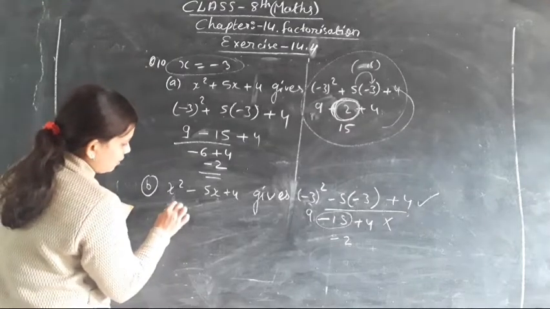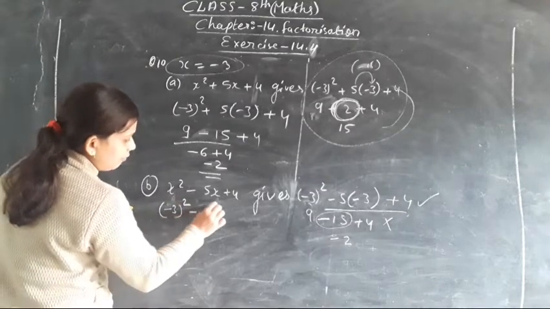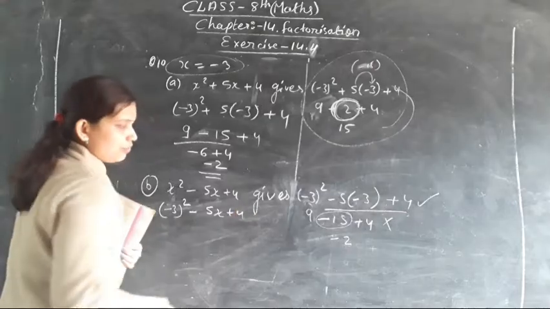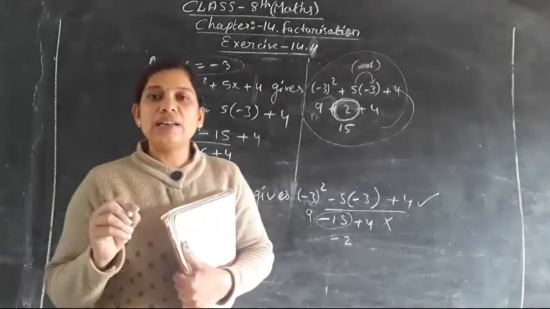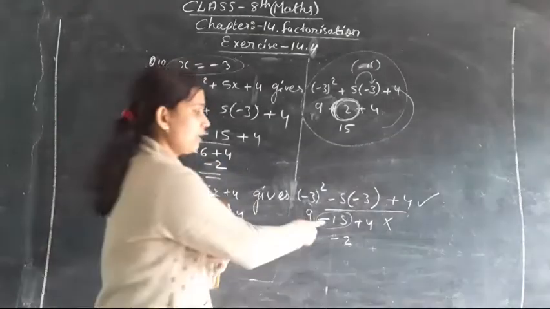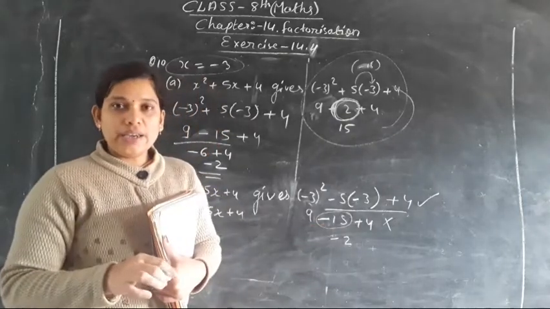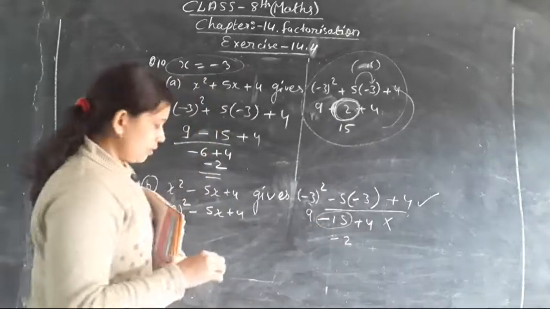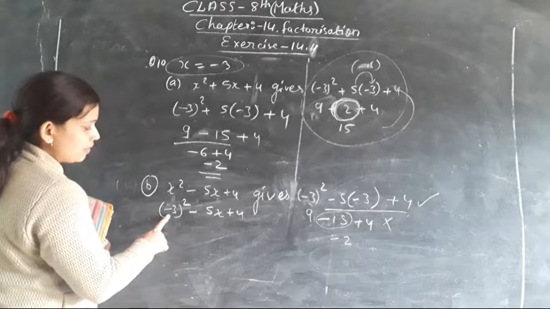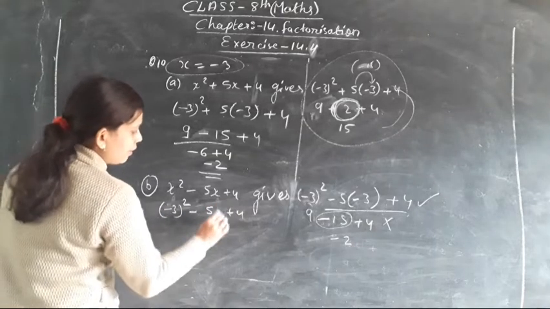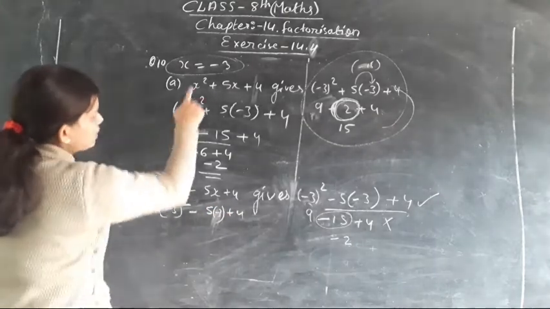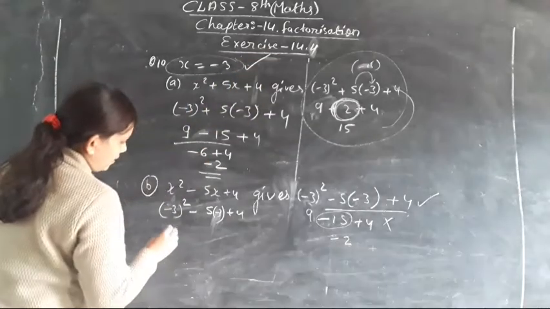Now solving the equation, after finding the error we have to solve and show. After finding the error in that question, the error is understood, the error has been found, okay. After finding the error we have to solve it. How will we solve it? We are going to put minus 3 in place of x, isn't it? So here x is equal to minus 3.